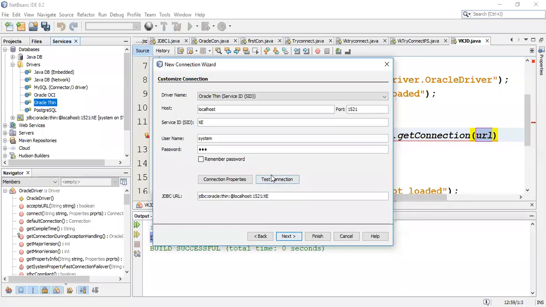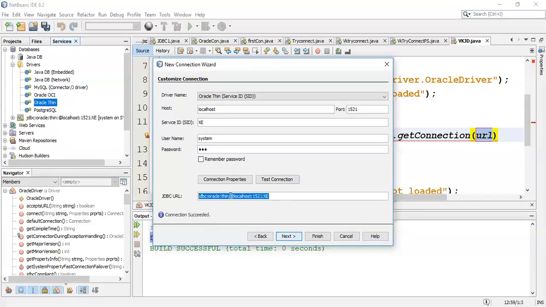Can you see this button here? Yes. Click on test connection. If the connection is successful, down below it will show me a message called connection succeeded. Can you see here the connection succeeded message? Yes, ma'am, I have it highlighted. The moment you get this connection succeeded message, you just have to finish it, and before finishing, you can copy this part.